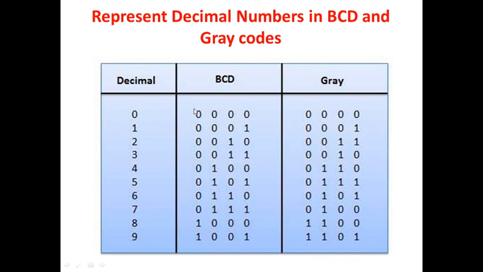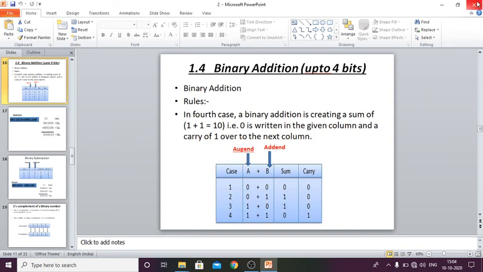This is just a table which shows the decimal numbers from 0 to 9 and the equivalent BCD numbers. I had told you that in BCD only 10 symbols are used, from 0 to 9. 10, 11, 12, 13, 14, 15 are not used because they are combinations of these symbols. And this is, as usual, the gray code. Gray code is where each successive code differs from the previous by just 1 bit.